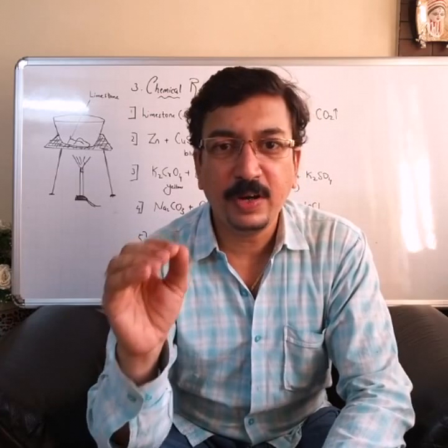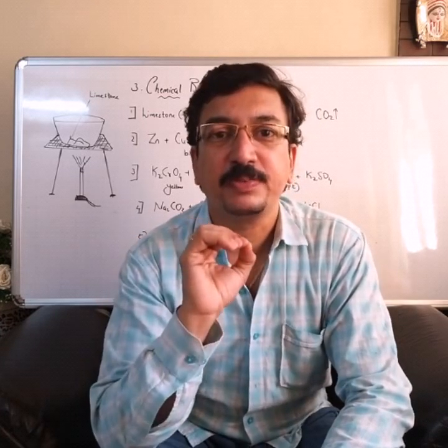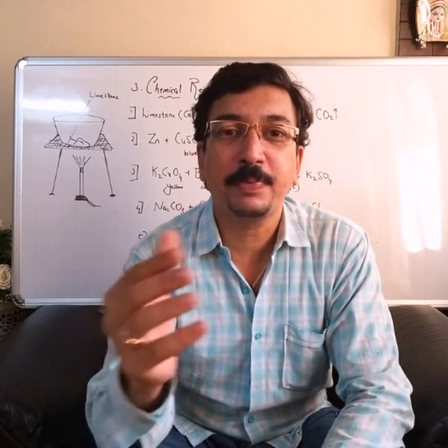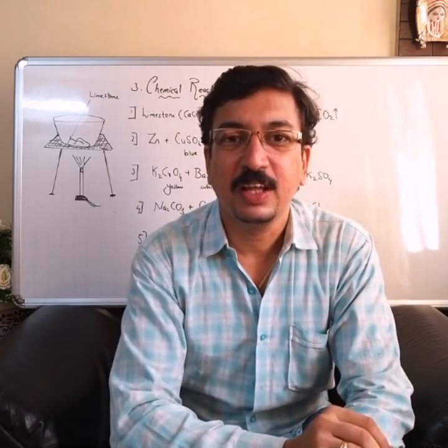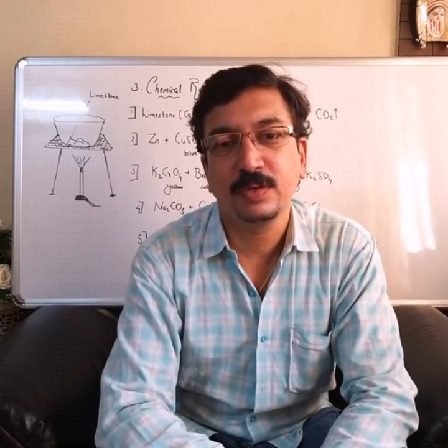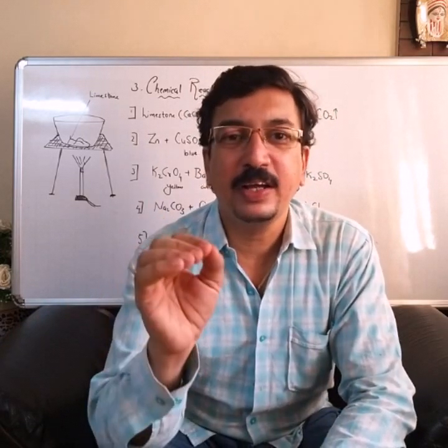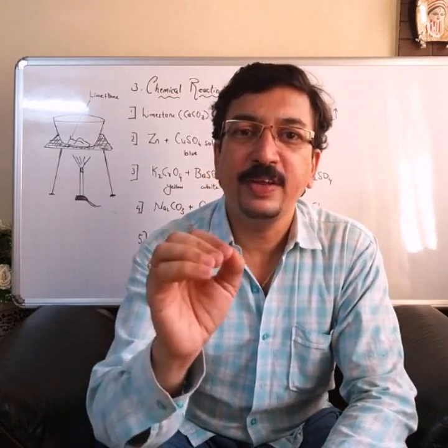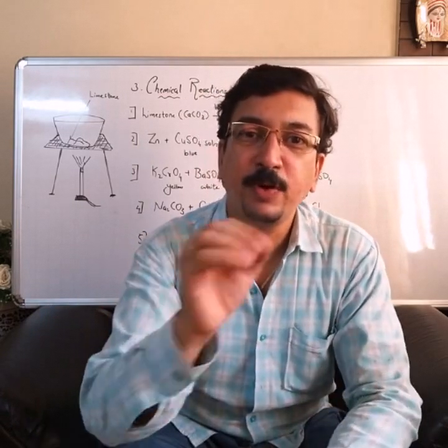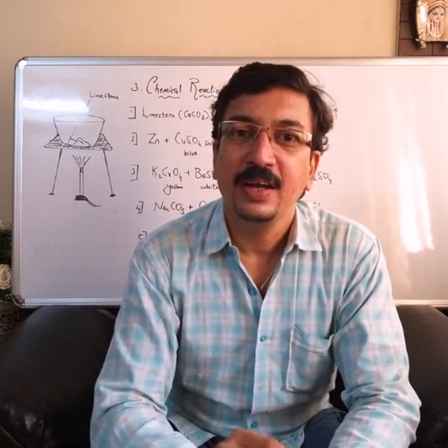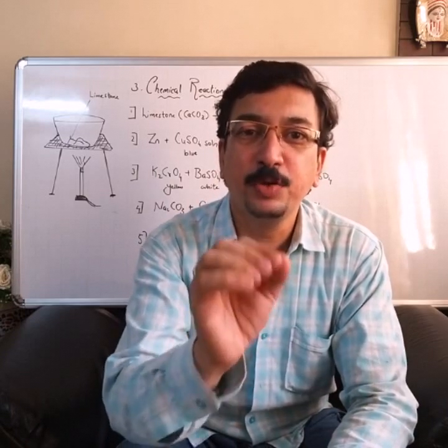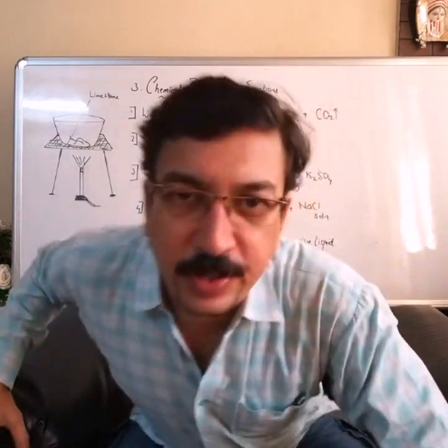Now, what is a chemical equation? A chemical equation is a brief or symbolic representation of a chemical reaction, making use of symbols and formulas for reactants and products. Now for writing a chemical equation, we'll take one example. We'll consider the example of zinc powder, which is put in copper sulfate solution. How in words we can write this equation and how we can write the same equation using a chemical equation. Let's see on the board.